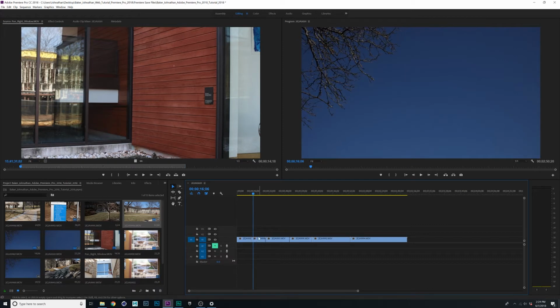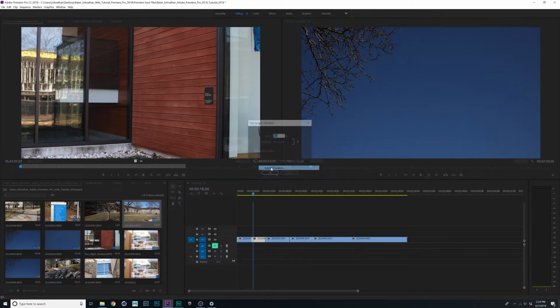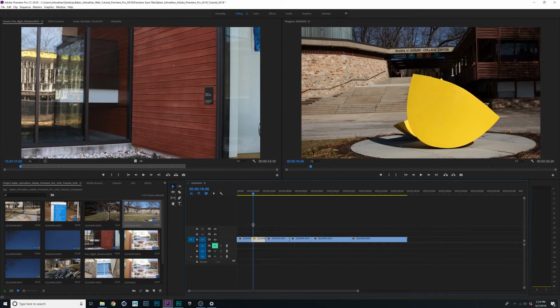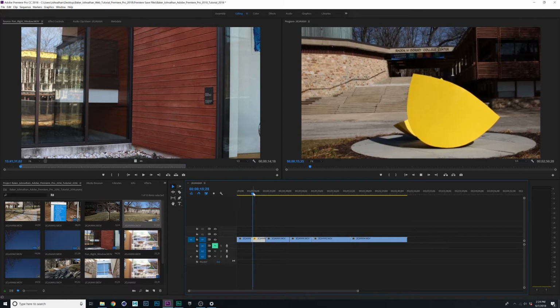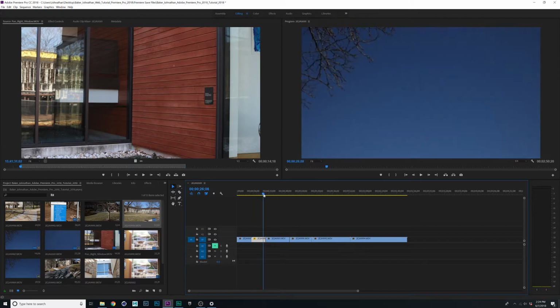And so what I'm going to do is click on this first clip, and just so I know it's selected, it gives me a highlight when I click it. And so I'm going to right click on speed duration, and select reverse speed. I'm just going to click OK. And all that's going to do is reverse this clip and reverse its direction. So now when we watch, it goes from ground to sky and from sky to ground. And so this will provide an easier transition